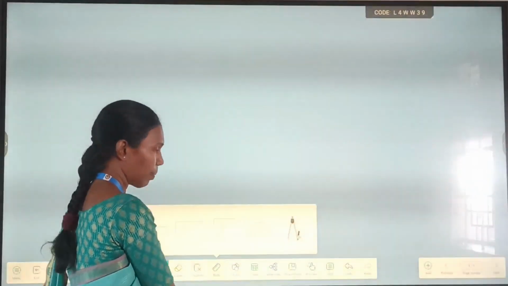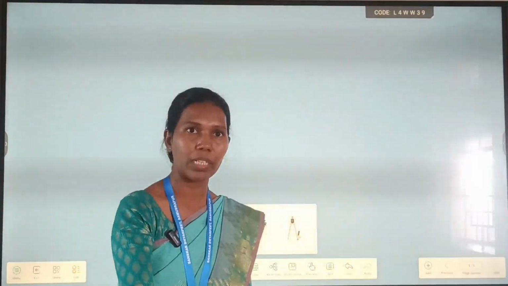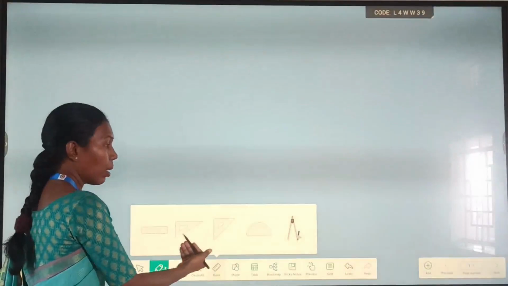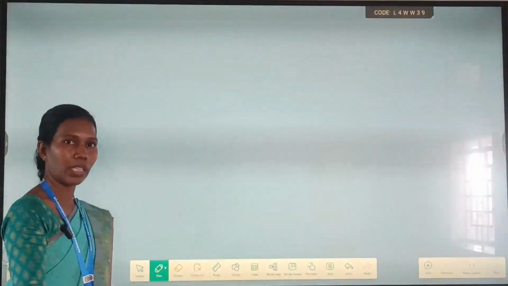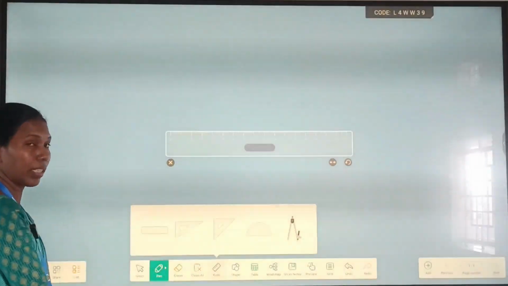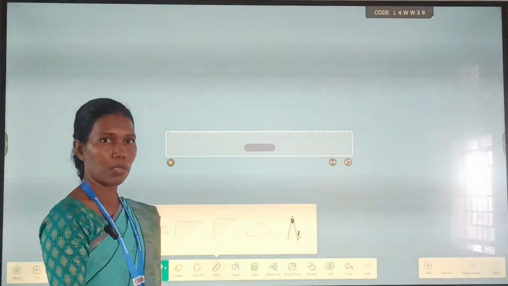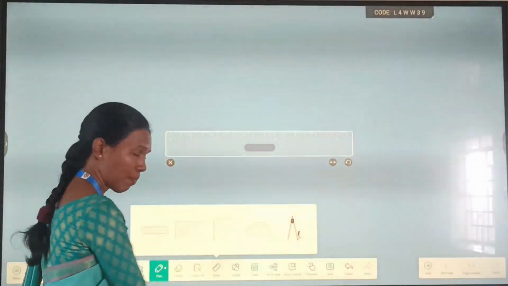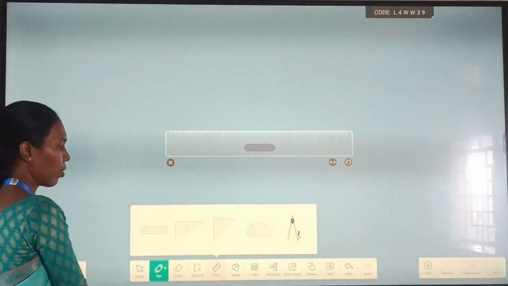Then, for example, if you are a mathematics teacher teaching students algebra as well as geometry, there are a number of tools used in the math subject. For example, in mathematics there is the use of the scale. The instruments related to mathematics are already given on the main home screen.